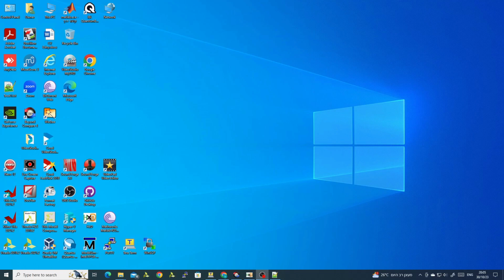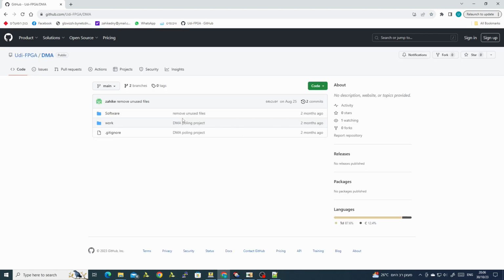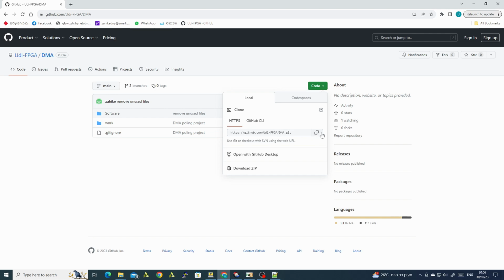Hi guys, in this tutorial I would like to show you how to use the SD card. Now before we start we need to make some preparations. The SD card is usually handled by software from the Zynq, but we still need a design. So I'll use my design of the DMA that I showed you in DMA part 1, and I'll go to